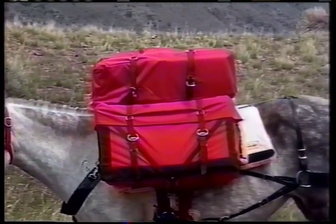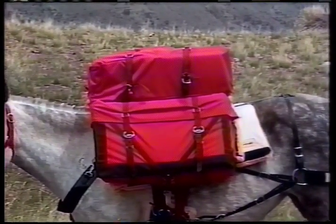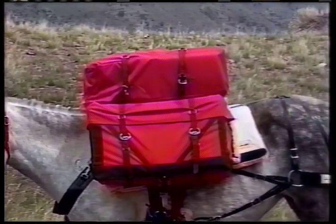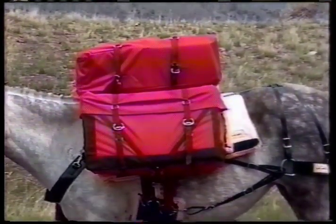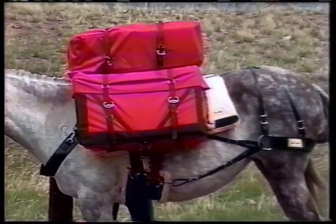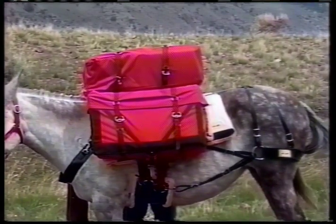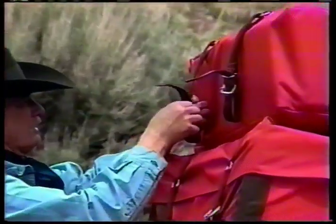And I prefer that the loads be 20 to 25 pounds or less. And if I can get by without any top pack, I prefer that even more. If you're going to get in trouble, it'll be on a top pack. The top pack